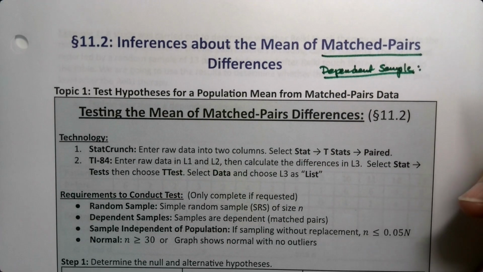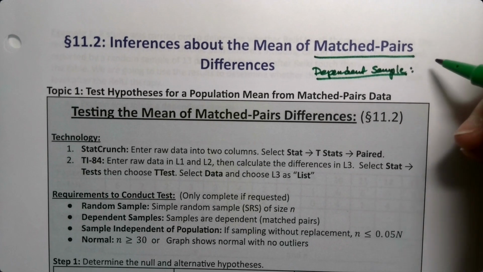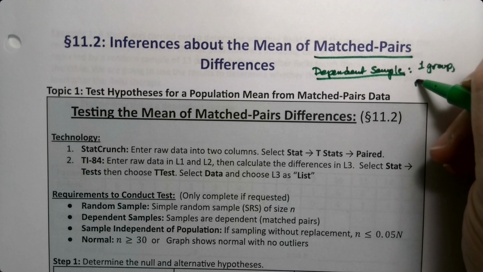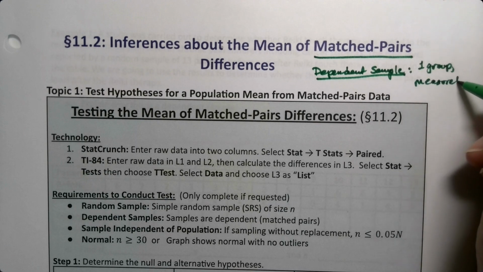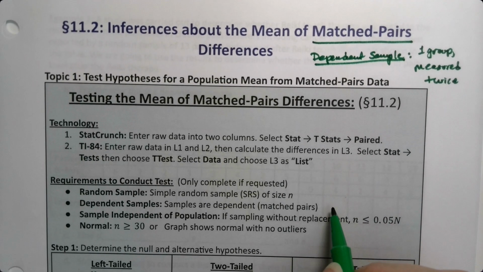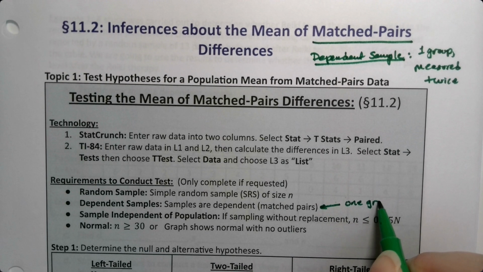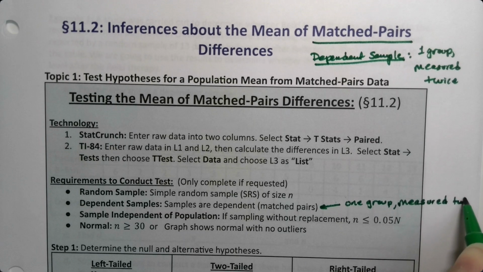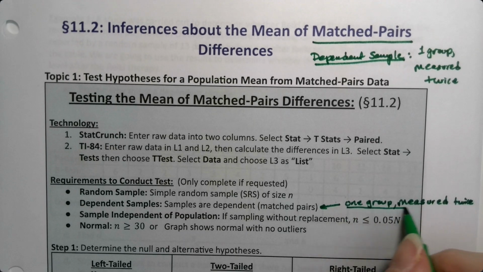And we can accomplish that a couple ways, but at its heart, it's one group measured twice, which I'm going to put right here, right? Samples are dependent, so that's one group measured twice. But students sometimes think it's only one group of people, like it has to be pre-post, before and after, that